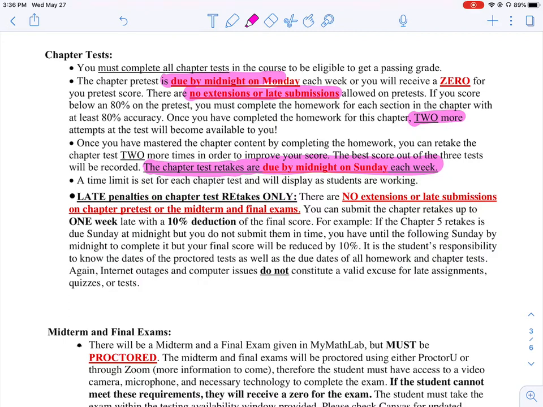Now, if you end up running behind and you aren't able to take the retakes by Sunday, there is a late penalty on chapter retakes only. Remember the pretest, if you don't take it by Monday, you just get a 0. But on the retakes, if for some reason you aren't able to take them by Sunday, you can get an extension for 1 week. However, after that, as you're doing that test that week late, there is a 10% deduction